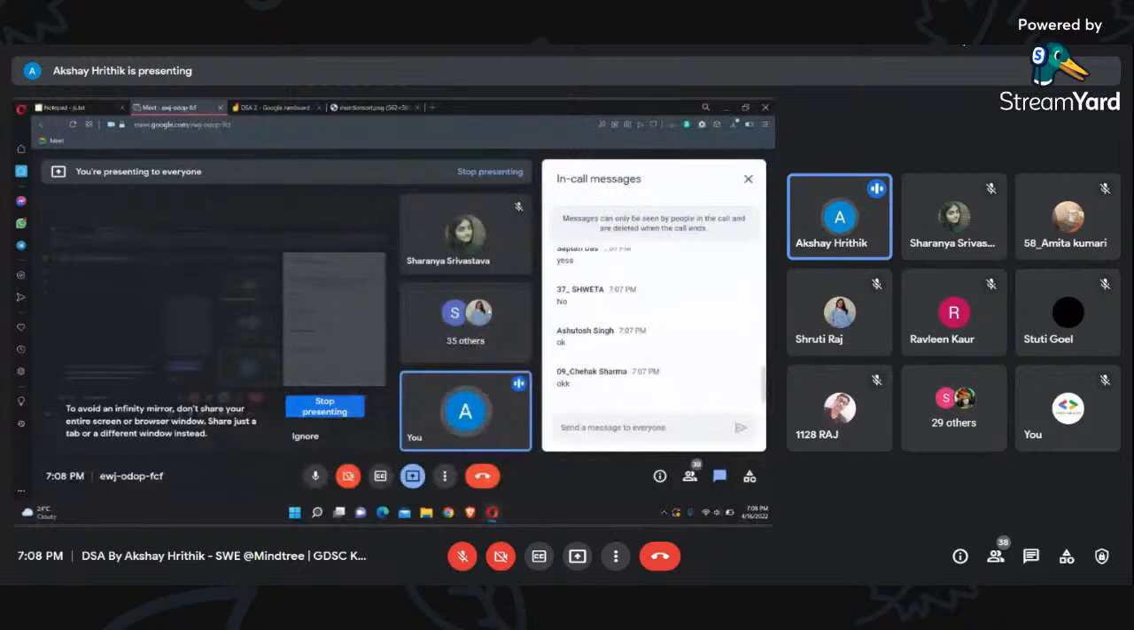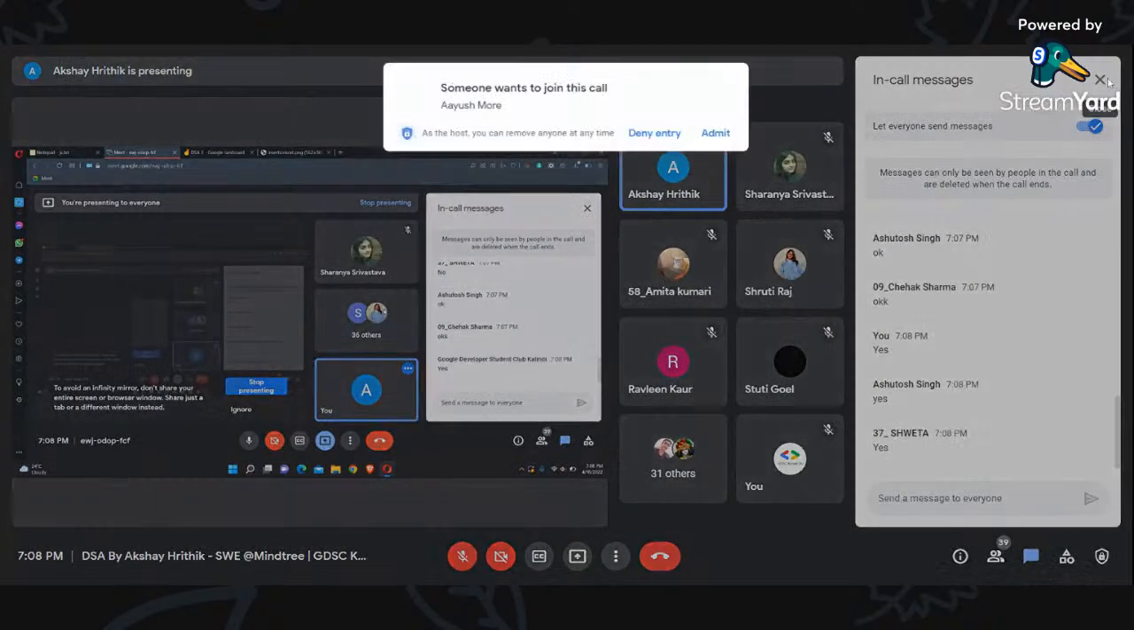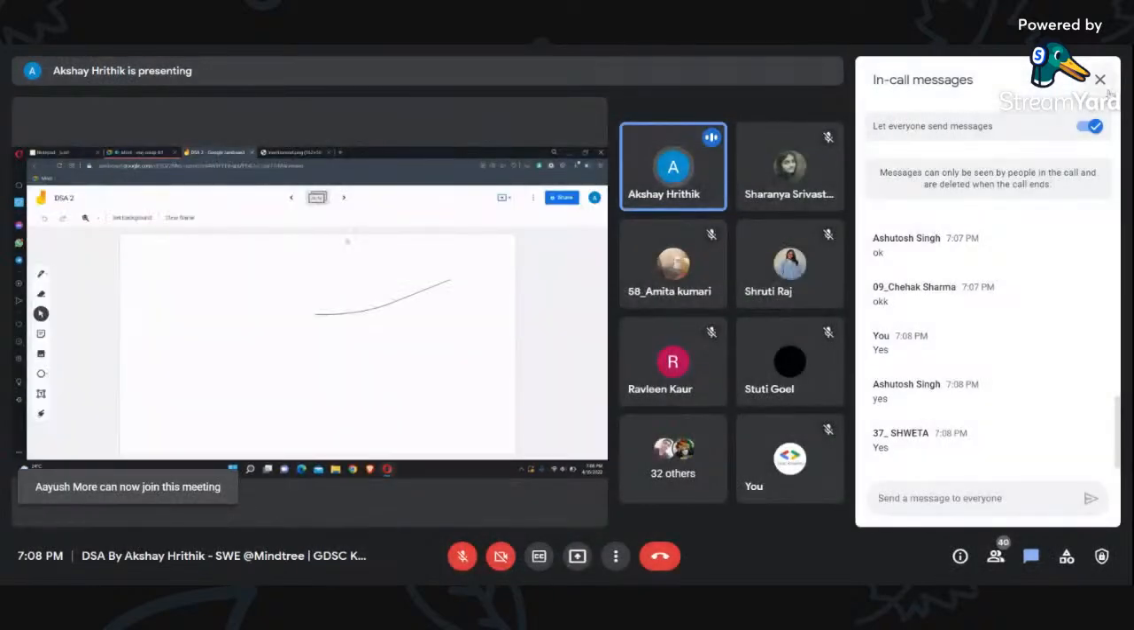So last time we stopped at circular queues. We're going to have a quick recap of queues, then we'll move on to circular queues. Is everyone fine with that? Can you drop a yes in the chat? All right, so we'll first